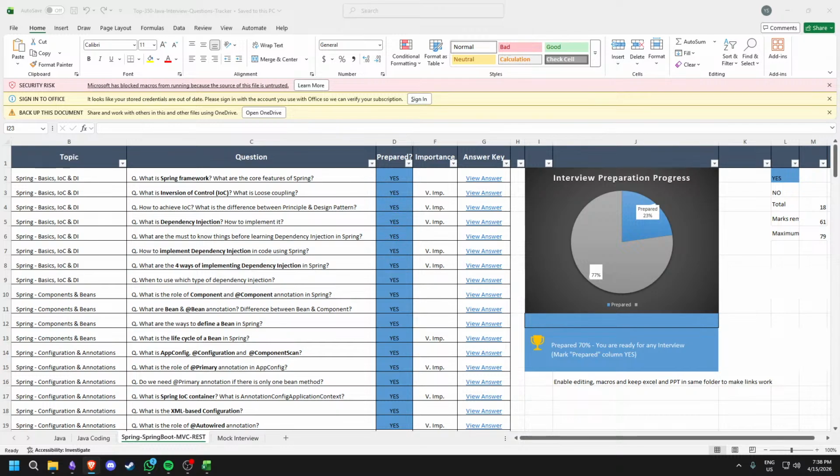ठीक है भाई, लेकिन जो रिक्शा वाला है वो चतुर है, उसने पूछा भाई IOC कंटेनर चाहिए होता है, फिर एप्लीकेशन कंटेक्स्ट क्या होता है? तो आपको बोलना है, देख भाई तू चतुर तो है, लेकिन मेरे को पता है, एप्लीकेशन कंटेक्स्ट इज अ वे टू इंप्लीमेंट IOC कंटेनर। समझ रहे हो? IOC कंटेनर को अचीव करते हो किससे? एप्लीकेशन कंटेक्स्ट से। तो हम इन टर्म्स को इंटरचेंजेबली यूज कर सकते हैं। ठीक है, एप्लीकेशन कंटेक्स्ट एक तरीका है टू अचीव IOC कंटेनर।